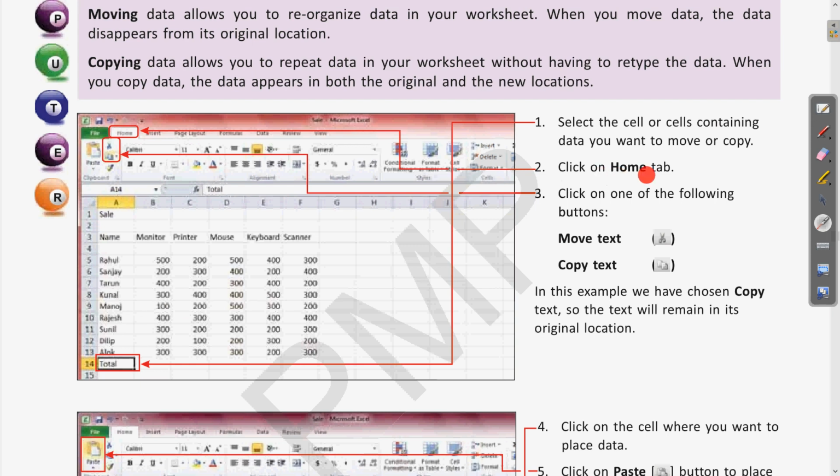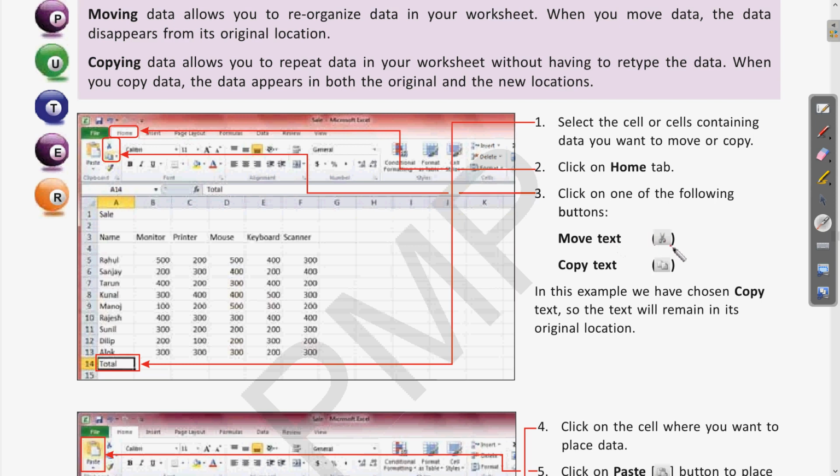Then click on the Home tab. We have the Home tab at the top. So these are the different tabs. In the Home tab we have these buttons, that is move text and copy text. Clear? So we can choose any of the move or copy options as we want.